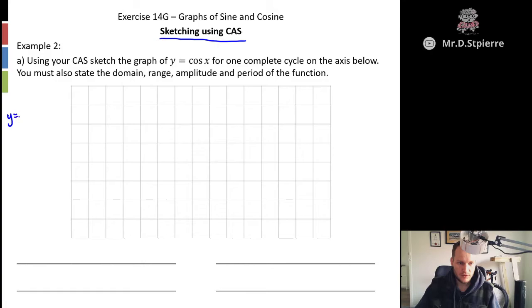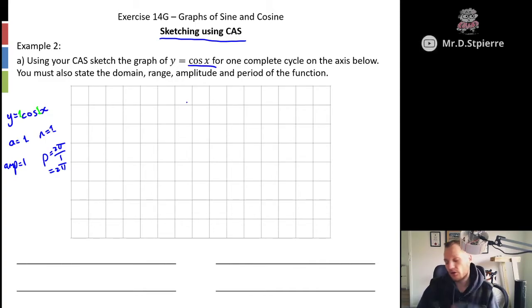So first off, we have y equals cos x. Our amplitude, or our a value, is equal to 1, and our n value is equal to 1. There is effectively a hidden one there and a hidden one there. So our amplitude is equal to 1, and our period is equal to 2 pi on 1, which is equal to 2 pi, which we recognize as it's just cos x. It's just the standard form. We could have looked at it and gone straight away, oh, amplitude's 1, period's 2 pi, just to show you that that still works. Okay, so